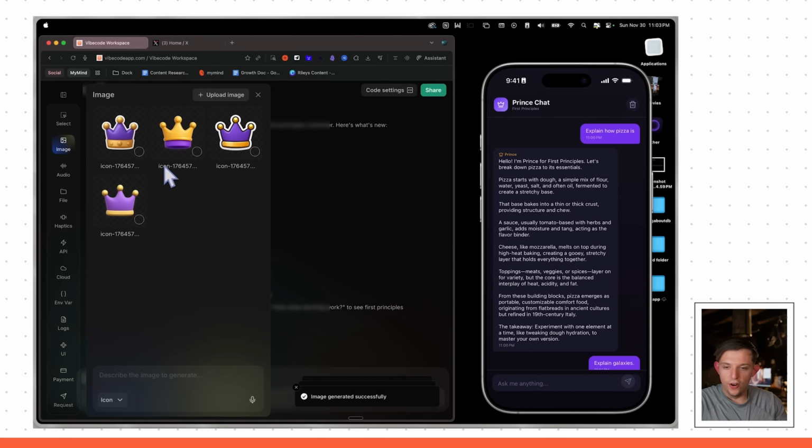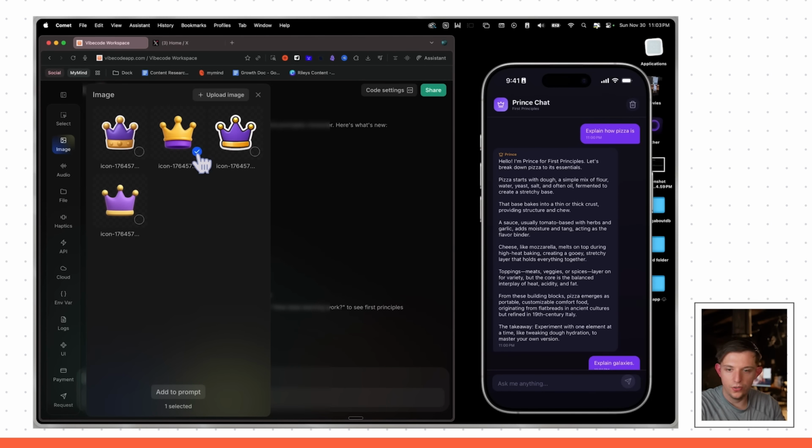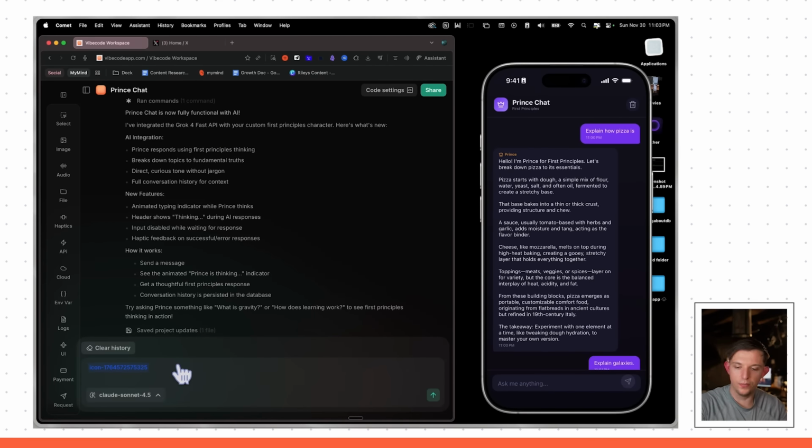And look at this. These images are coming in. I'm trying to decide which I like. Actually I don't like this one as much. I'm actually going to select, actually this one might be kind of cool. And so we can just add this to the prompt. Please use this as the logo on the top left. Please also make the UI a little better. Make the input messages not purple background, but gray background, like texting, and make the logo on the AI response